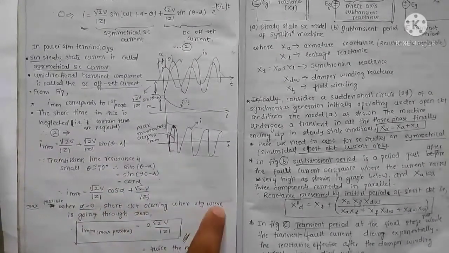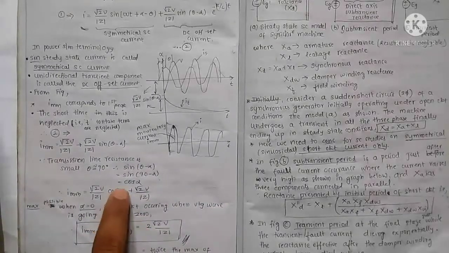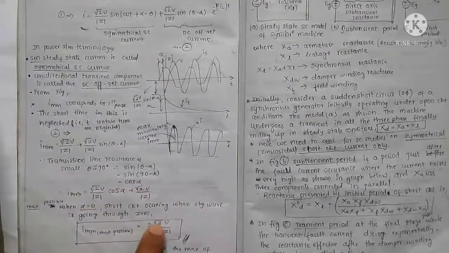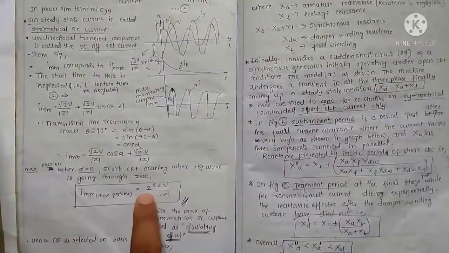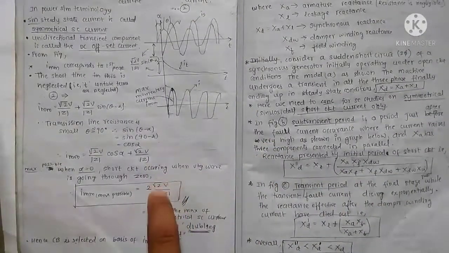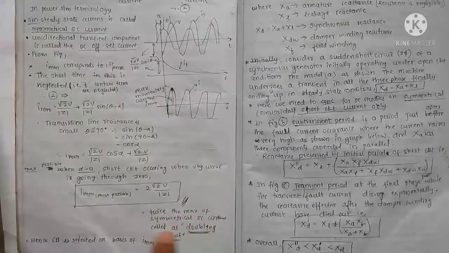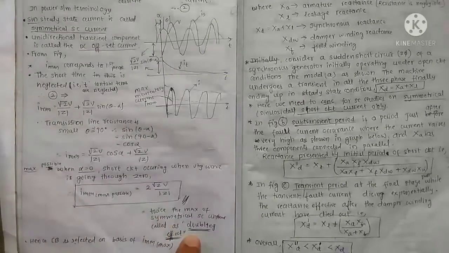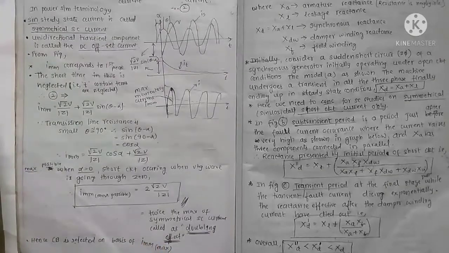Short circuit occurring when the voltage wave is going through 0. Okay, I_MM maximum possible is equal to, we'll substitute 0, cos 0 is 1, and this is 2 times, right? Therefore 2 times root 2 V divided by magnitude of Z. Initially we got this current, and now we get twice the current, twice the maximum symmetrical current, called the doubling effect. We will call this double the current, that is the doubling effect. Hence a circuit breaker is selected based on this I_MM max.